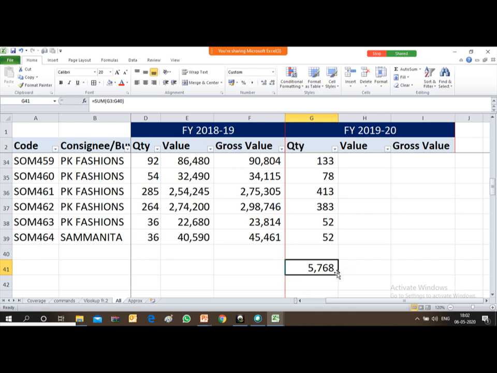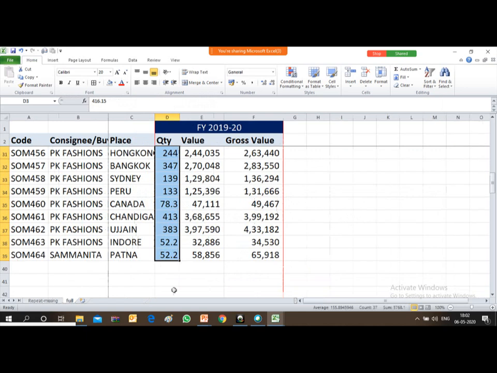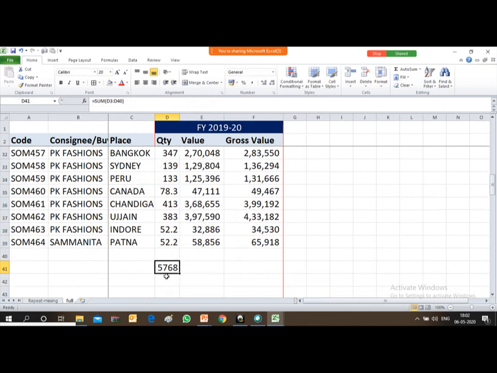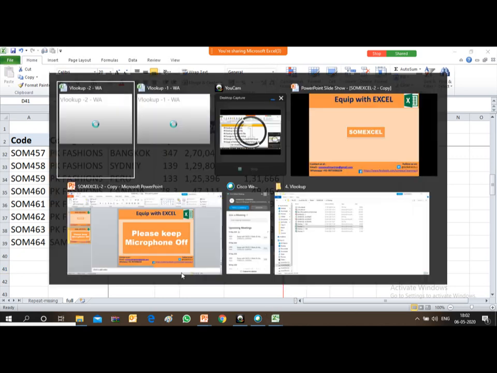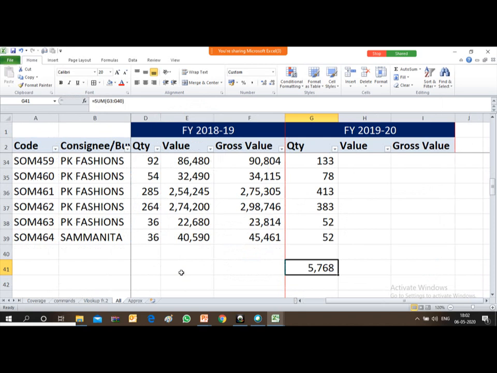And in the next file, if you use the summation formula, I'll just use sum, then here it is also appearing 5768. It means I can be sure that I have used the formula correctly. Okay. So friends, now move on.